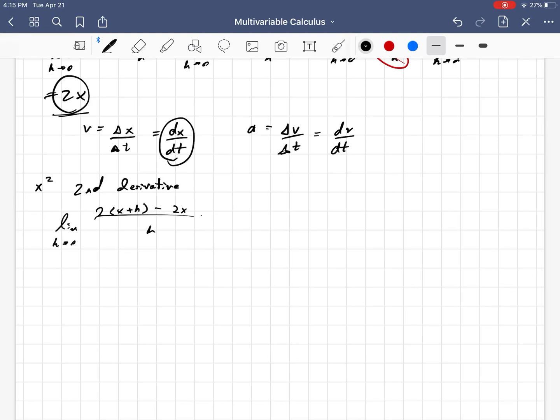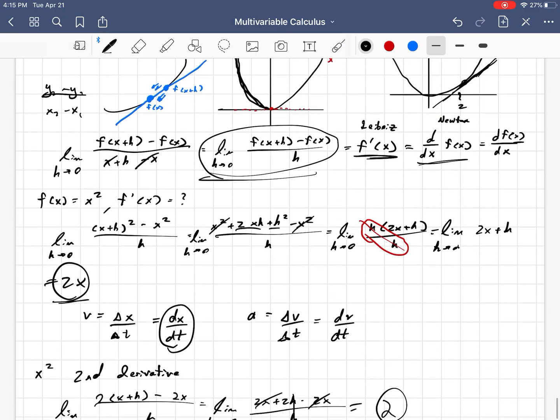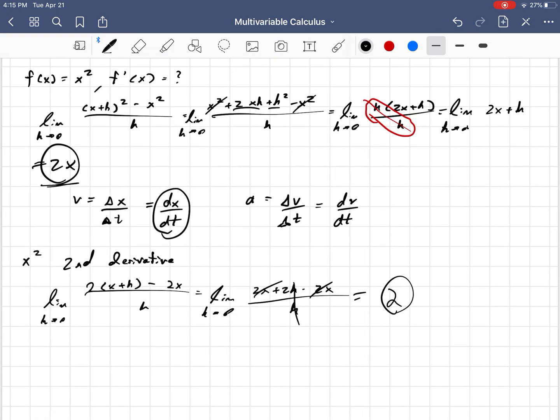minus 2x, oops, I knew I plugged that in wrong. 2 times x plus h minus 2x over h, which is the limit as h goes to 0 of 2x plus 2h minus 2x. Those cancel, and we divide by an h. So the h's then cancel, and we get an answer of 2. So the second derivative of x squared with respect to x is 2. So what does that mean? It means that